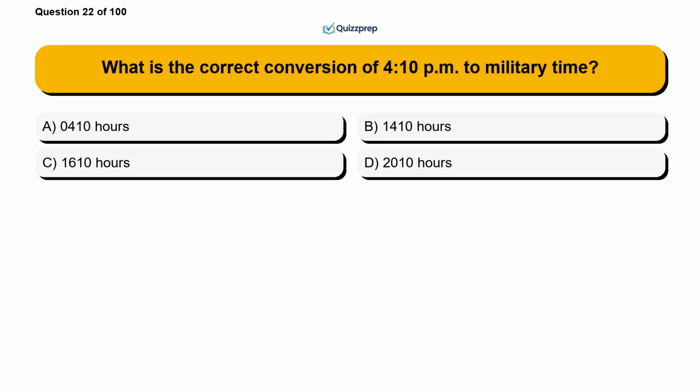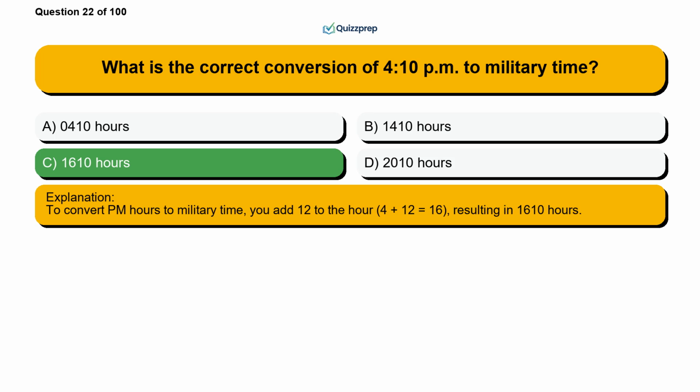Question 22. What is the correct conversion of 4:10 p.m. to military time? Option A, 0410 hours. Option B, 1410 hours. Option C, 1610 hours. Option D, 2010 hours. The correct answer is option C, 1610 hours. To convert PM hours to military time, you add 12 to the hour, 4 plus 12 equals 16, resulting in